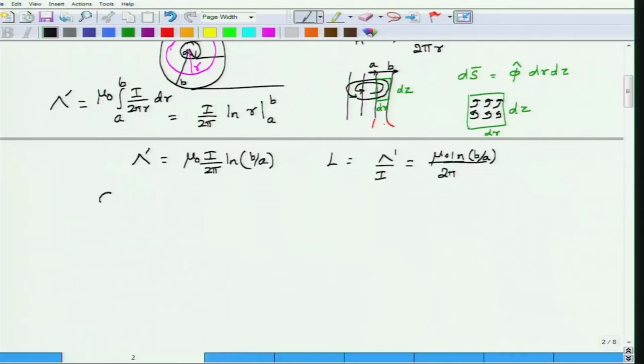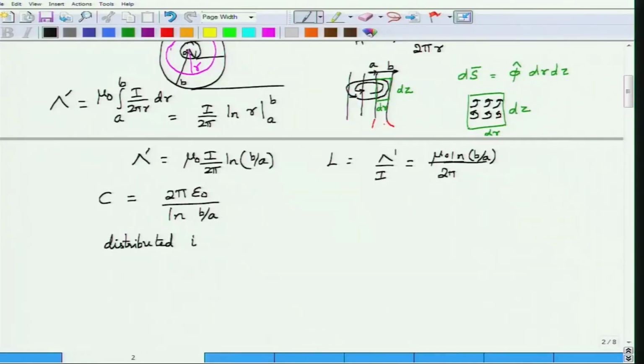If you recall, what was the capacitance per unit length? Capacitance per unit length was 2 pi epsilon 0 divided by log of B by A. For the same coaxial cable with outer conductor radius of B, the capacitance was 2 pi epsilon 0 divided by log B by A. Now we are ready to actually calculate a very interesting circuit property called distributed impedance,